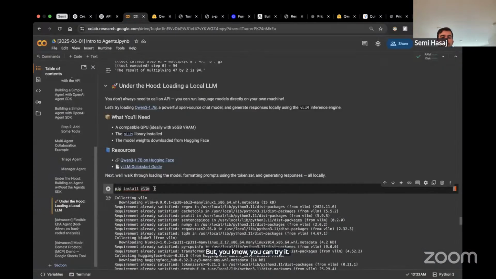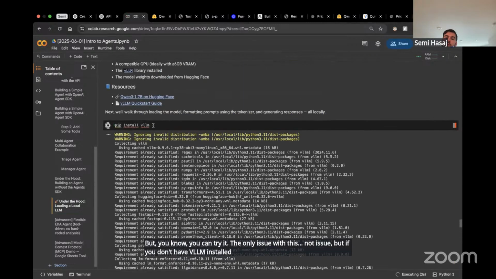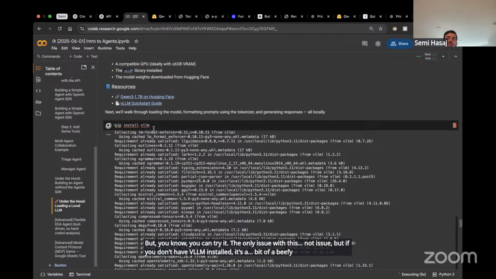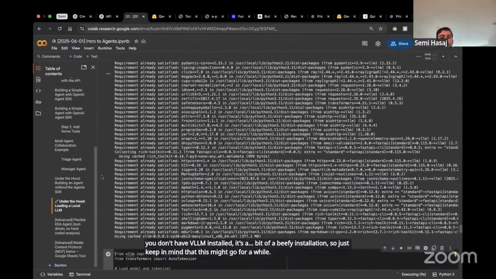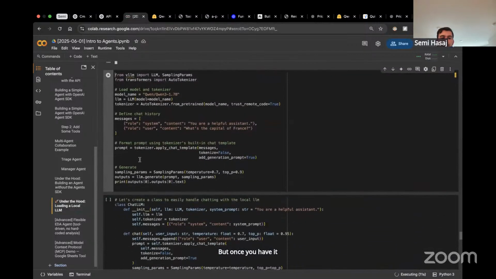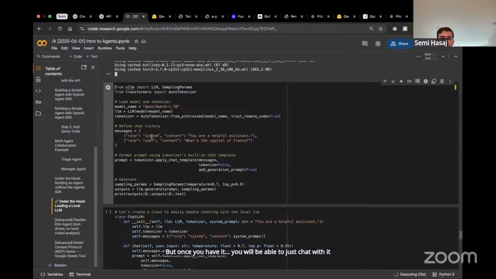If you don't have vLLM installed, it's a bit of a beefy installation, so keep in mind that this might go for a while. But once you have it, you will be able to chat with it just like you do an endpoint.